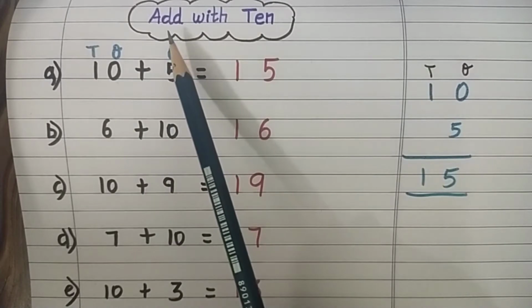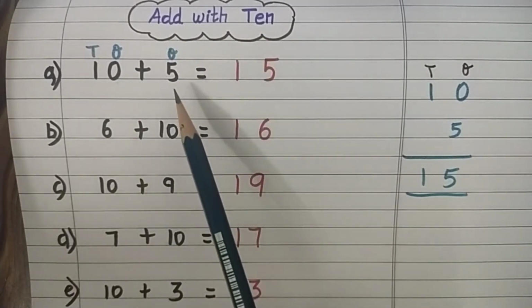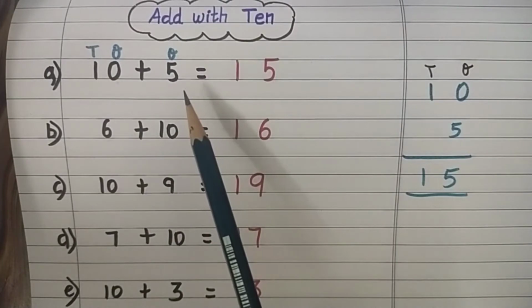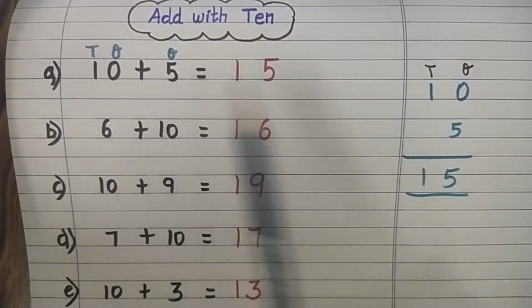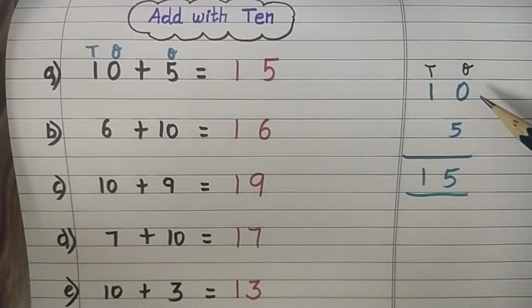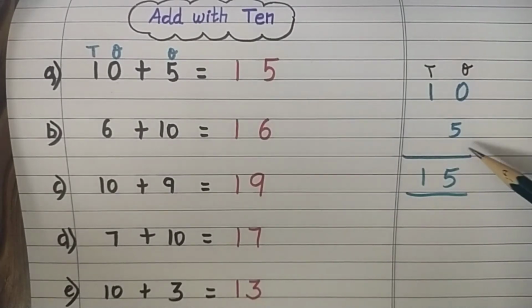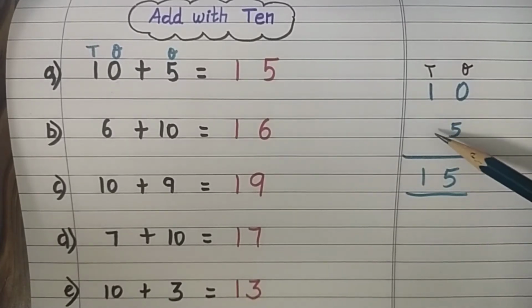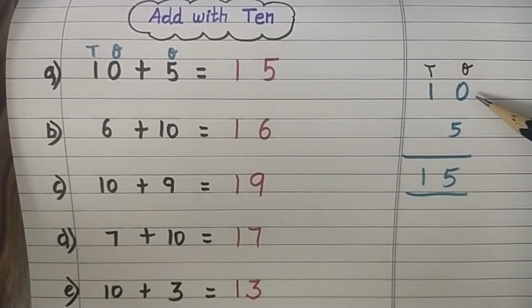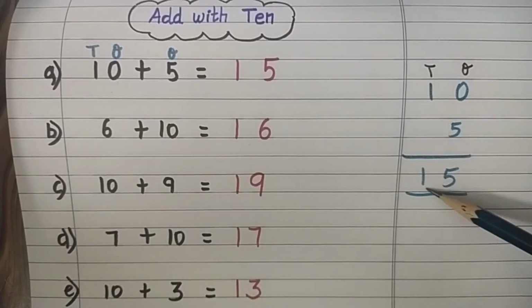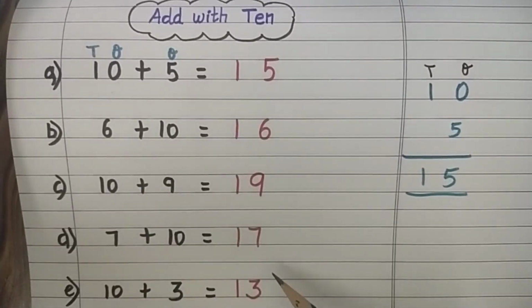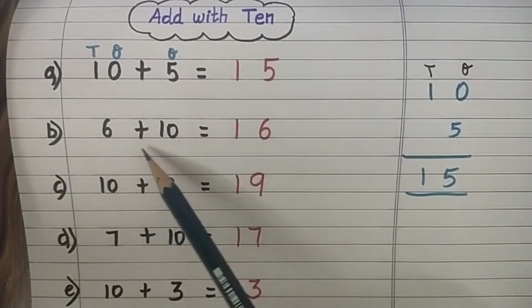Let us recall the concept add with 10. Children, this concept is very important to do the addition in an easy way. 10 plus 5. See here, I arrange the 10 plus 5 one below the other according to their places. First add the ones place. 0 plus 5 gives the same number 5. And 1 is added with nothing, so it will be 1. So when you add 10 with a single digit number, the single digit number will come as it is and 1. So this concept you have to learn by heart, children, without arranging and adding the numbers like this, you have to do it in the mind.